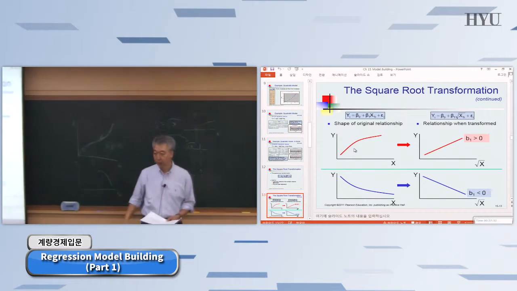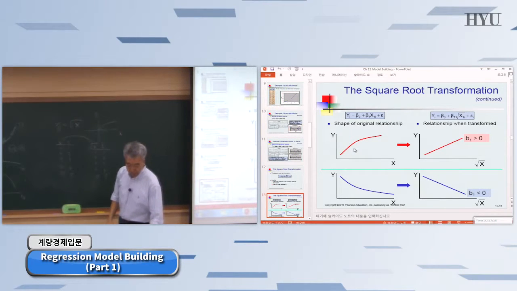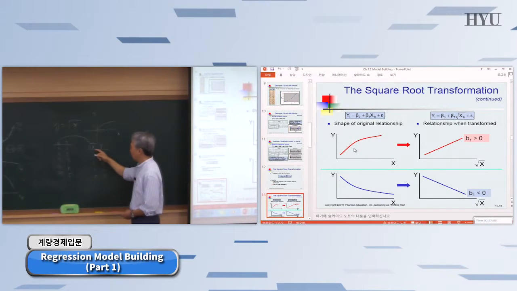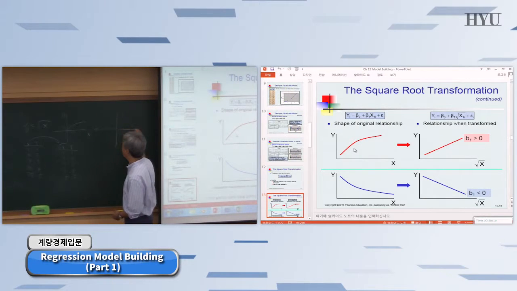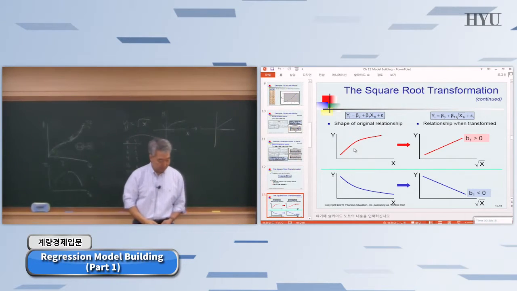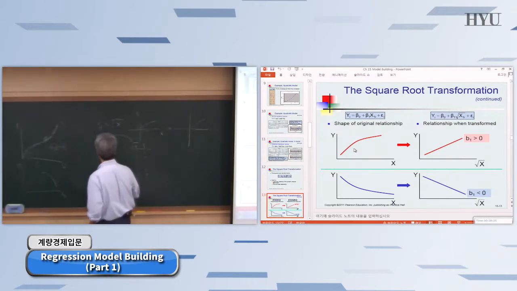Make sure you understand what I'm doing here. We have the original relationship, y is equal to square root of x. Then we'll have this kind of relationship. So if you transform the variable, then the relationship between this independent variable and y, the dependent variable, will be a straight line. So you are converting this kind of curve to a straight linear relationship. Okay? All right. So what if you do this, then what happens is